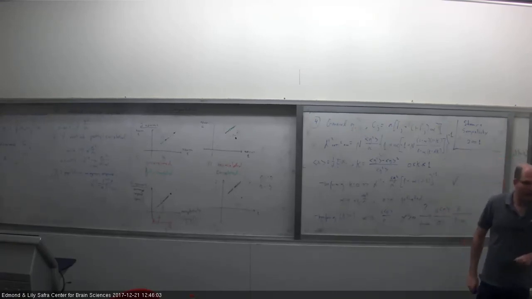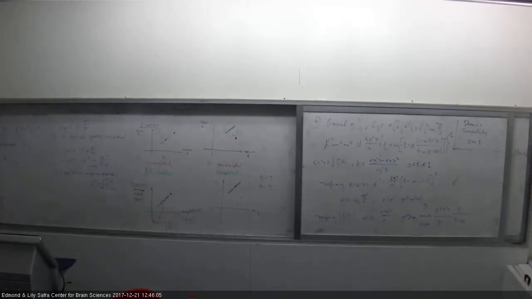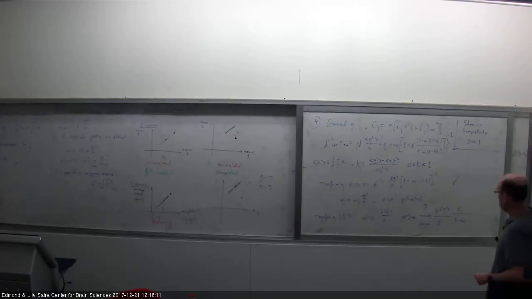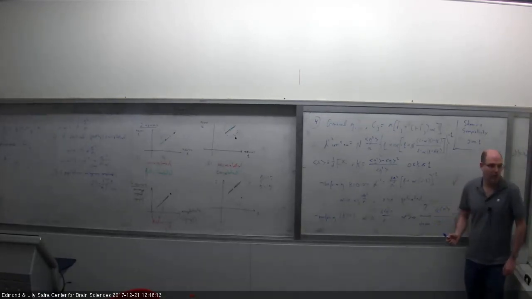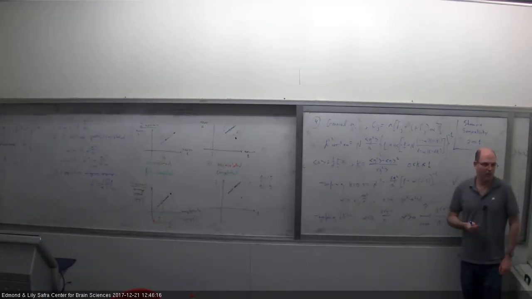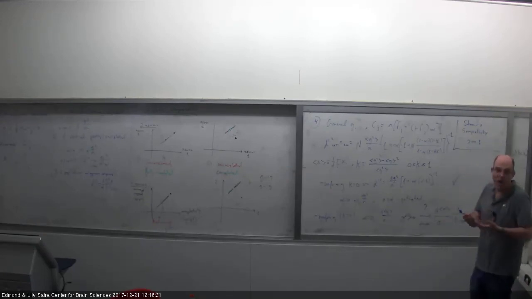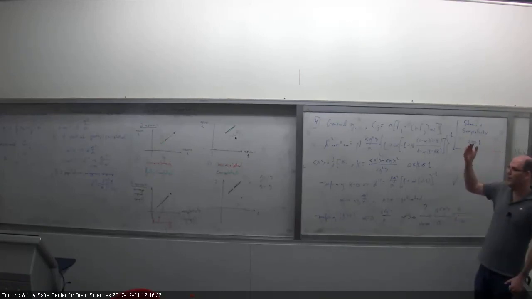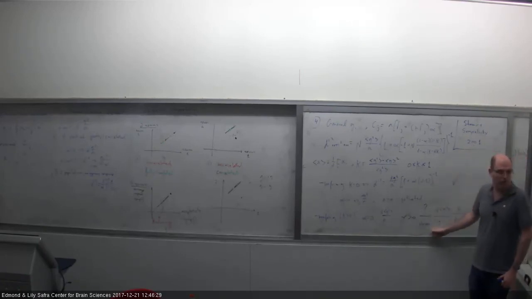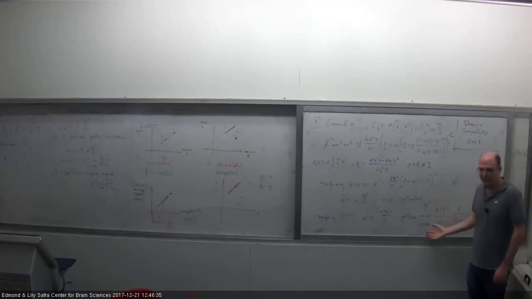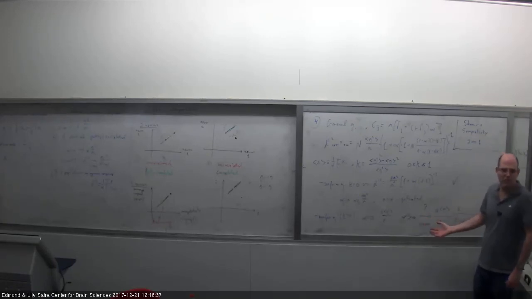Yes? Are we left with n in this limit? Yeah, we are left with n, so the discriminability increases with the addition of neurons. Yeah, but n goes to infinity, no? Yeah, but you can see how it goes to infinity. If n is large, there is some typical n beyond which this is a good approximation for this d prime square. When you write something like this, it tells you much more than just saying that it goes to infinity. It tells you how it goes to infinity. It scales linearly with n.